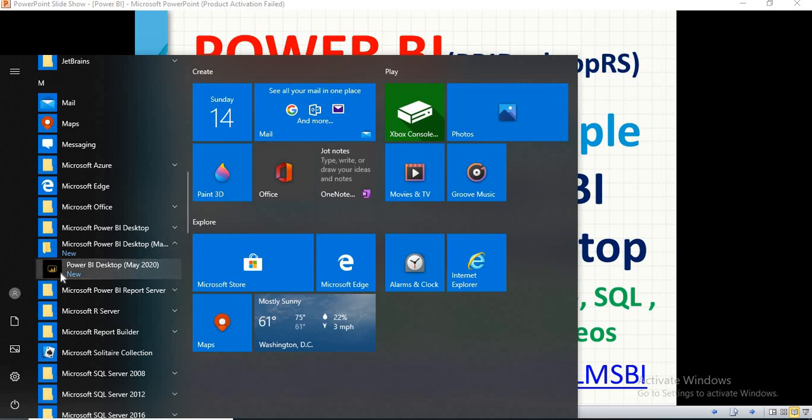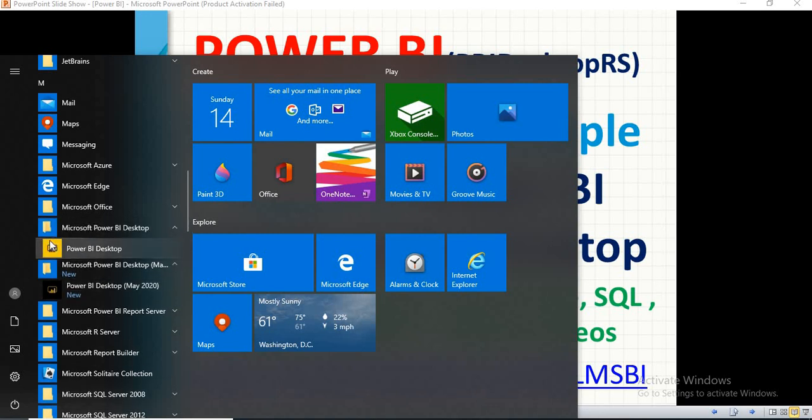Now it's Power BI desktop. You can see the color code of it here. The background is black and the hover has a yellow color. So this is Power BI desktop report server. If you see the original Power BI desktop, it is completely yellow on the top with black lines. But here, black is the background and yellow are the lines. This is the difference between the normal Power BI desktop software and Power BI desktop report server. So let's quickly click on it.